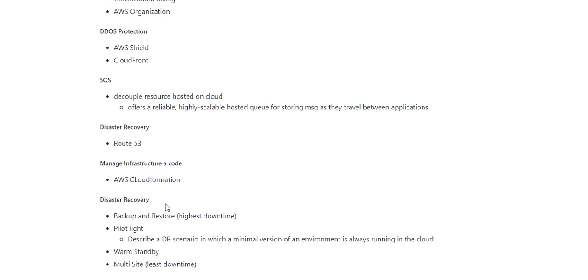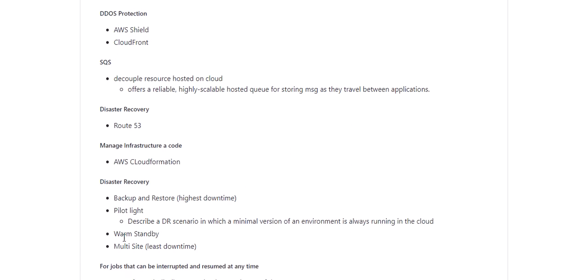So for disaster recovery, these four things I have listed in order. The first one is backup and restore, which has the highest downtime. Then there's pilot light, which describes a DR scenario in which a minimal version of the environment is always running in the cloud. And there is warm standby, and at last we have multi-site, which has the least downtime. Okay,